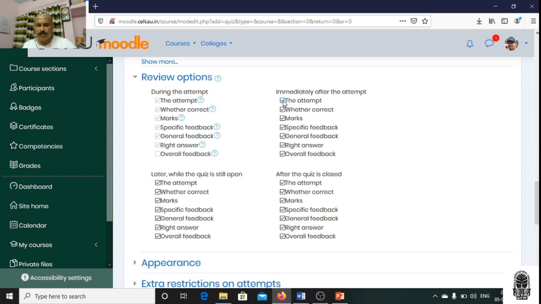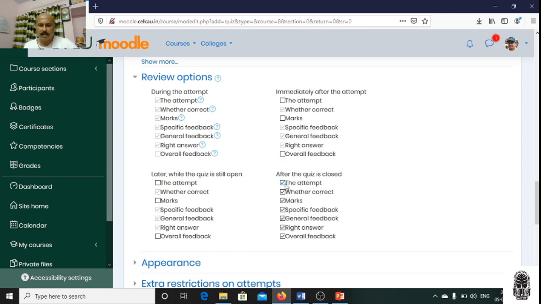So if you check all these things, the student will be able to see all these immediately after the attempt. Even while the quiz is still open, that means during that 30 minute window period, these will be available to him. So it is not good. So we will uncheck everything, making sure that these are not available.